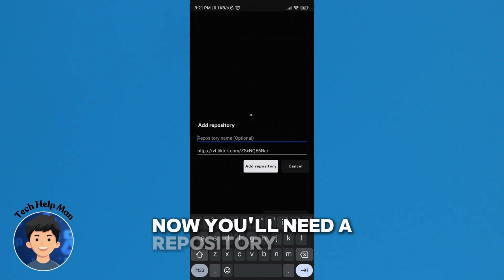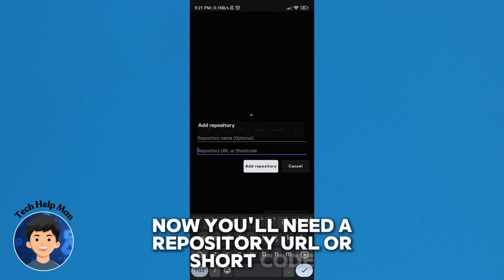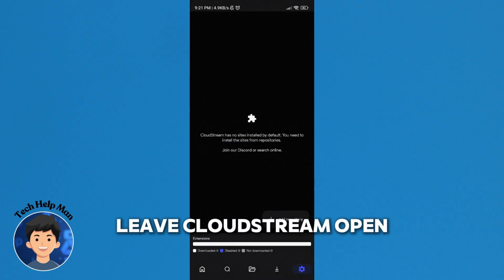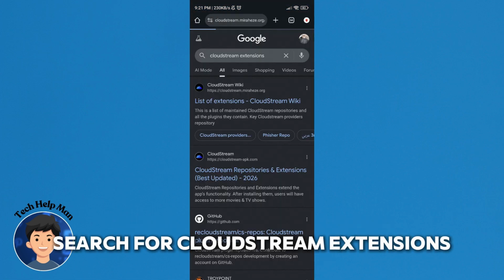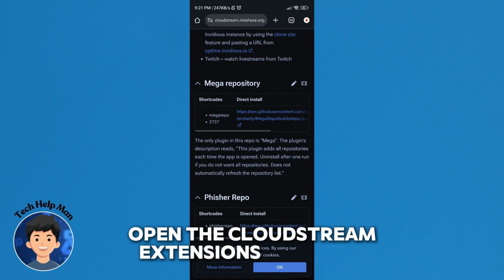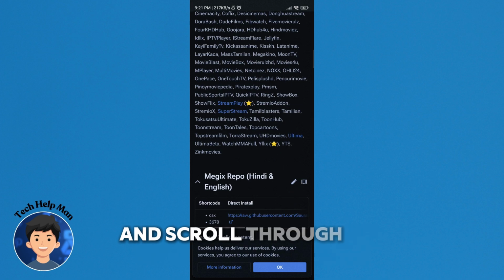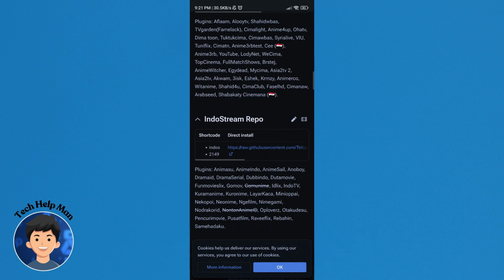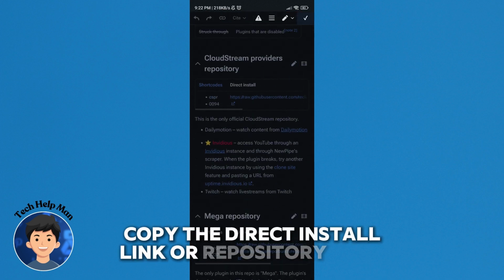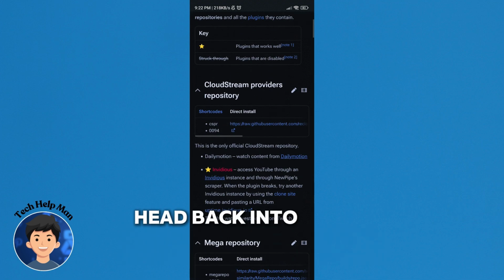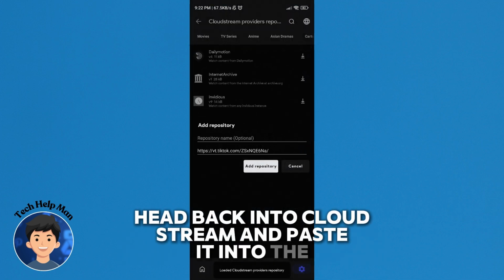Now you'll need a repository URL or shortcode. Leave CloudStream open and jump into your browser. Search for CloudStream extensions. Open the CloudStream extensions wiki page and scroll through the available repositories until you find one you want. Copy their direct install link or repository code, head back into CloudStream, and paste it into the repository